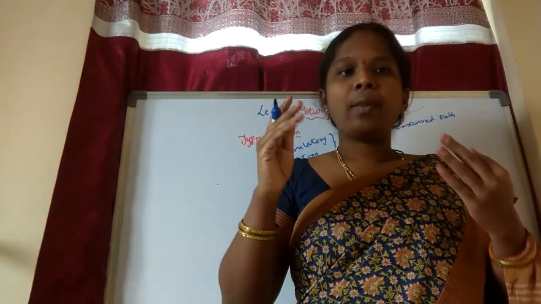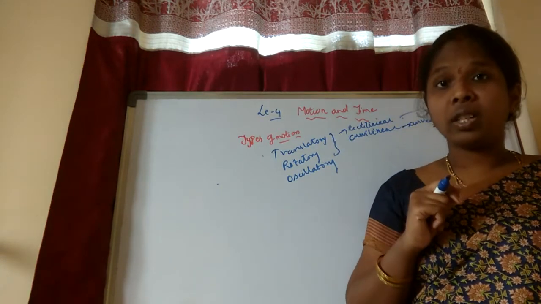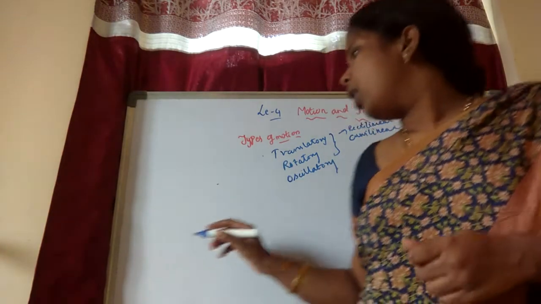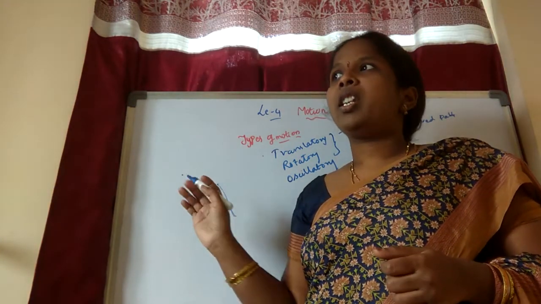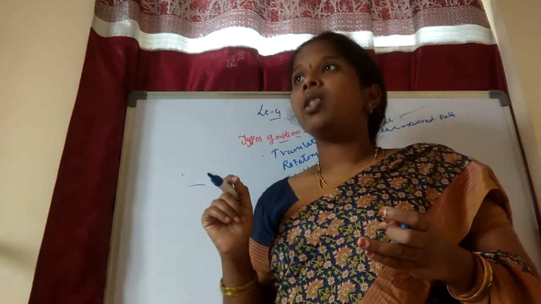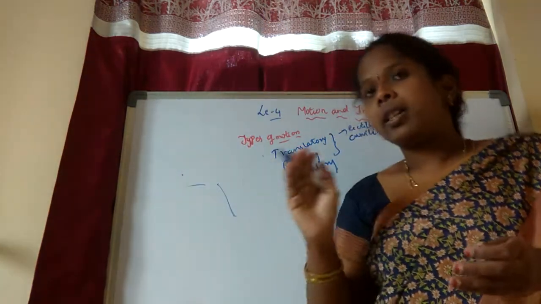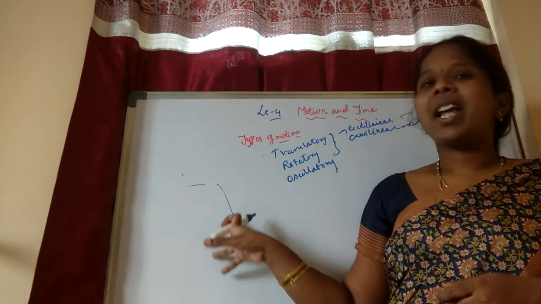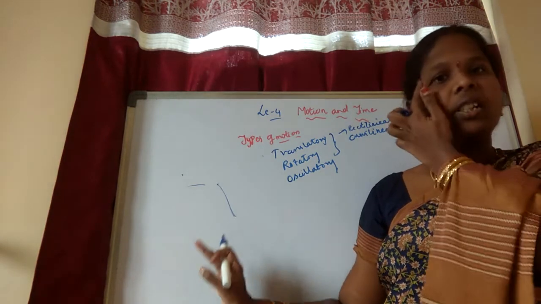And we have also taken some examples. For example, movement of a train on the track. If the train is there, in which direction will it go? In a straight line only, no? Sometimes it will move on curved lines, but not at every moment. For example, if you are going to Tirupati, the bus will move on a curved path. So it is a curvilinear motion. The railway track means it will go in a straight line. So this is a rectilinear motion.